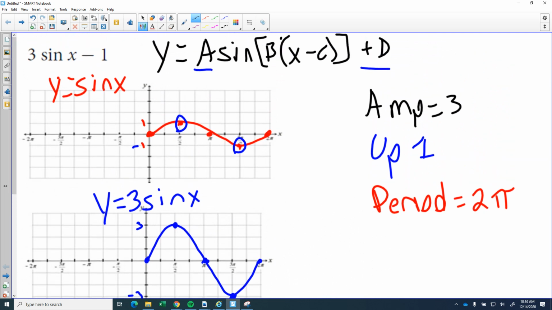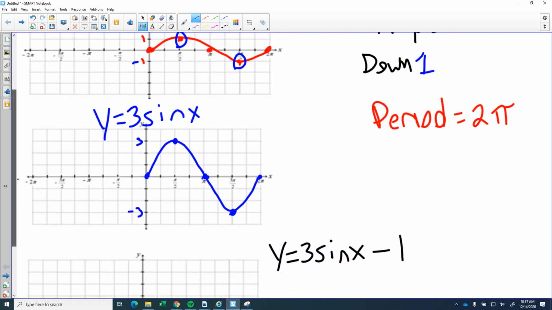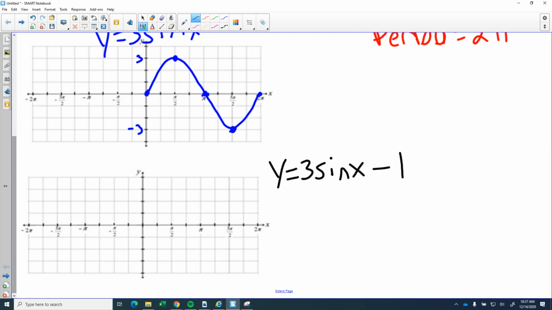I just realized this all the way at the beginning here. For those of you who probably caught it earlier, this is actually going to go down 1 unit. My apologies. Okay? So now if we have a down 1 motion, if I look at this, I'm going to take this value here and I'm going to shift all of these